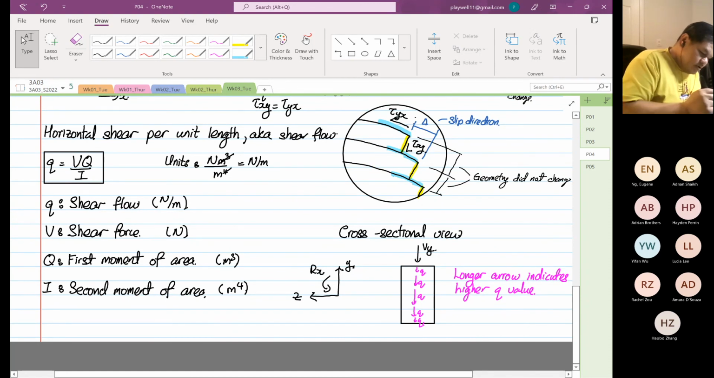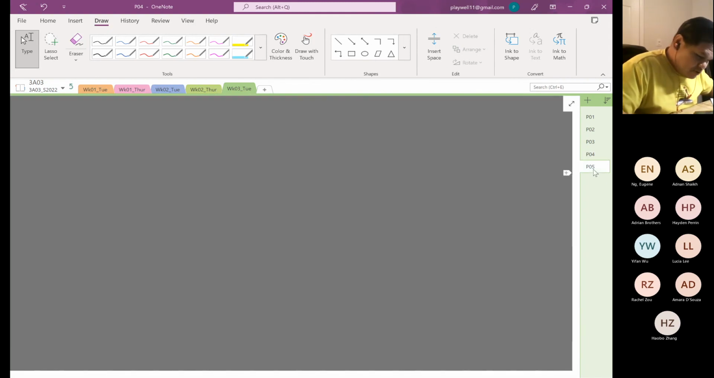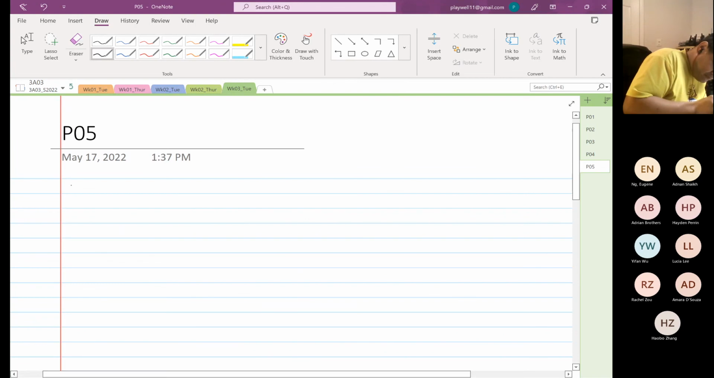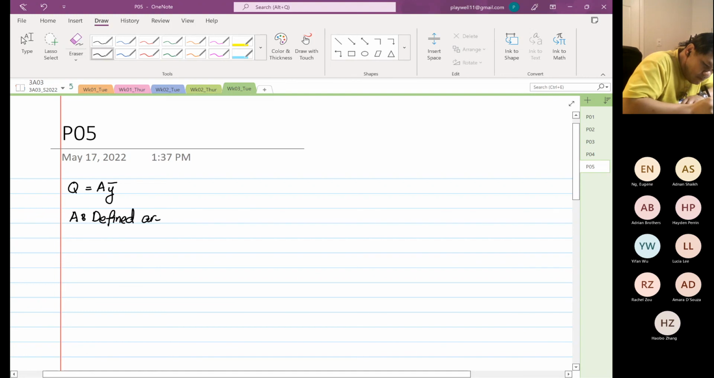Then I will tell you what the first moment of area is. What do we mean by first moment of area? Q is equal to A y bar, where A is defined as the defined area, which is in meters squared, and y bar is known as the distance